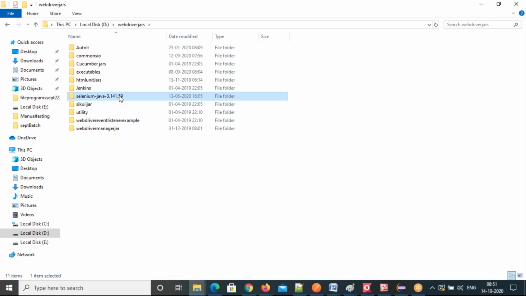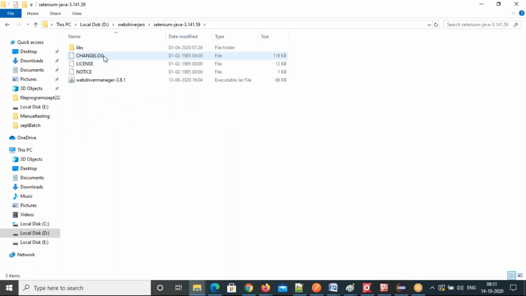Is it downloaded, extracted? Yes, sir. So just go inside that, and you will get a libs folder and two more jars. You will get two executable jar files. Those two jars you move inside the libs folder. Outside the libs folder, you will get a change log, license, notice; these are normal files. Other than that, two more executable jar files you will get. Those two you move inside the libs folder. So we are keeping basically all the jars in one place. That's it.